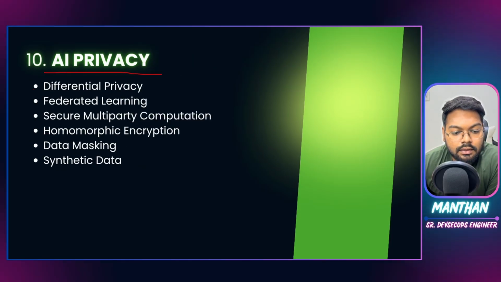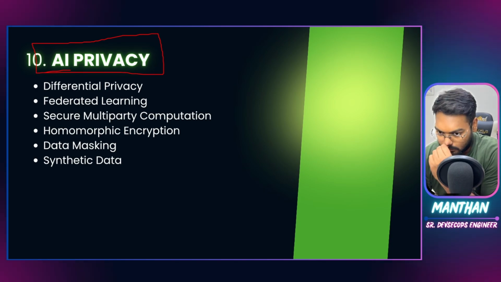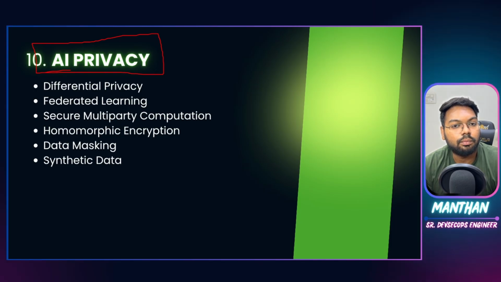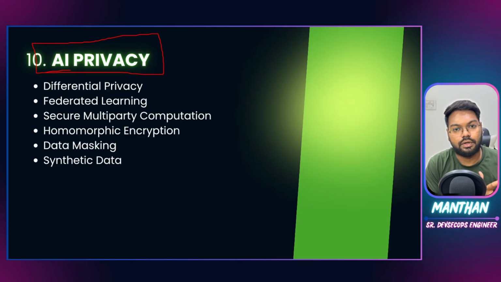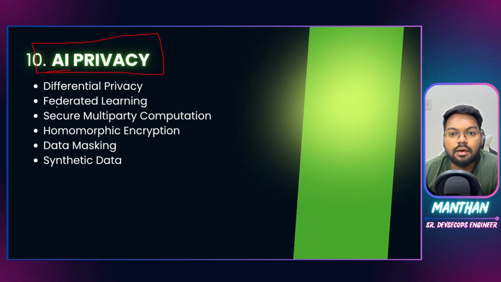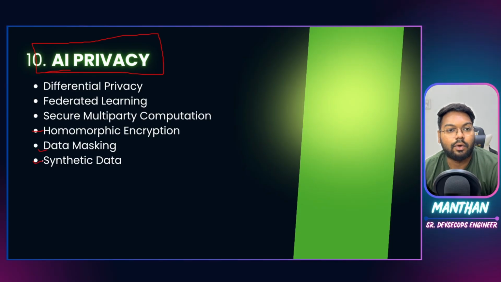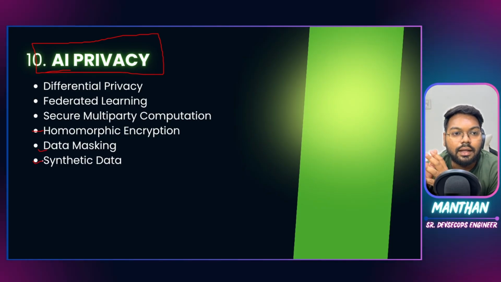That's AI. Then how would you regulate privacy for the data that is being used? There are certain things that we can do to prevent our data from being leaked when it is being fetched by malicious actors. The things we could apply are differential privacy, federated learning, secure multi-party computation, homomorphic encryption, data masking and synthetic data. Now, these are the different things we do. We give certain sample data to the AI, then we give some real data to the AI, and then it trains itself.